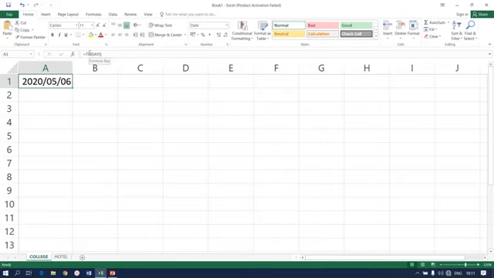Here is the formula bar. You can see in my formula bar there is equals TODAY and brackets. So this is an output. If I need to change the date format to a long date, I can simply